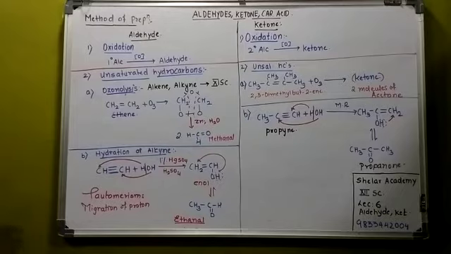Okay, now by the same method, if I have to prepare a ketone, try to understand what is the difference between the aldehyde and the ketone. Ketone and aldehyde, what is the difference? In aldehyde the carbonyl is attached to H, whereas in ketone H is replaced by R. So what I have done here is I have replaced H by R, that is the alkyl group.